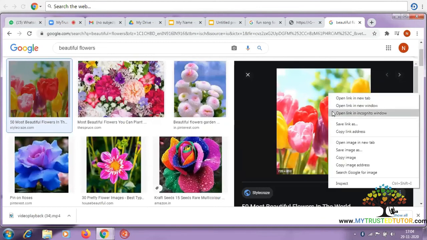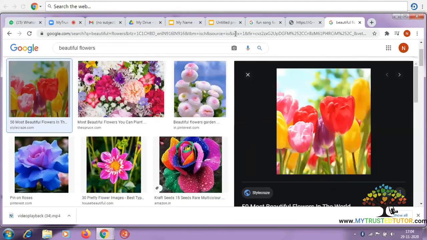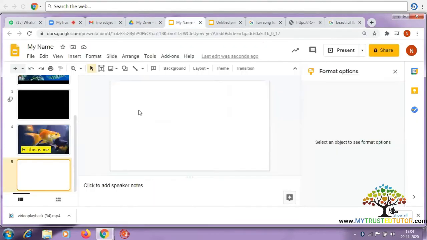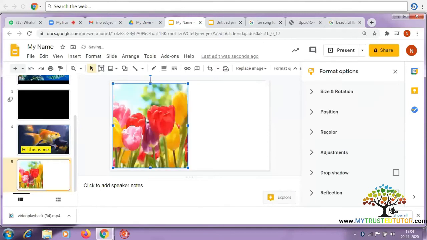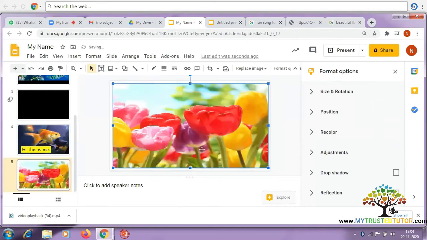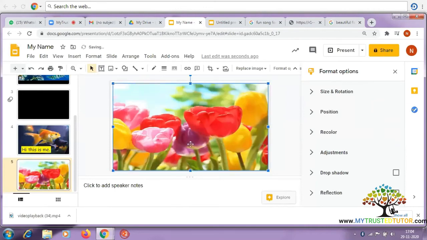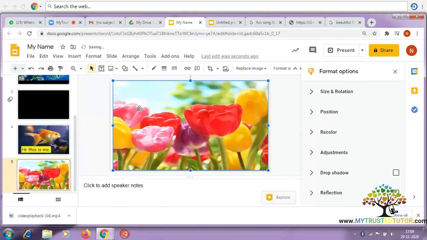You get the option as copy image. Don't save the image. When you just want to put it for your Google Slides, you just have to do a shortcut. It's very easy. You just copy the image and then go to your project over here and paste it. So this is the image that we've got. What we just copy pasted, it's come over here. We just copied it and then we pasted it over here. So it's very easy.